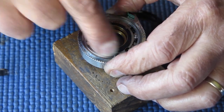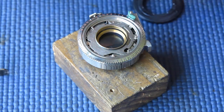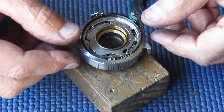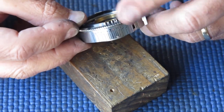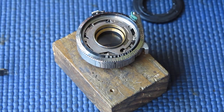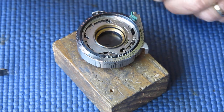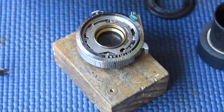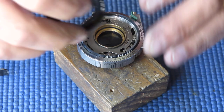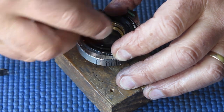Remove the retainer ring that we put on the front to hold the shutter speed cam in place while we're assembling it and testing it. This is the aperture settings repeater, so that you can see the numbers at the top of the shutter. On early Retina IIIC shutters, the small C I'm talking about, the aperture numbers were only visible at the bottom of the shutter. The photographers presumably didn't like that, and that was changed at the same time that they moved to a